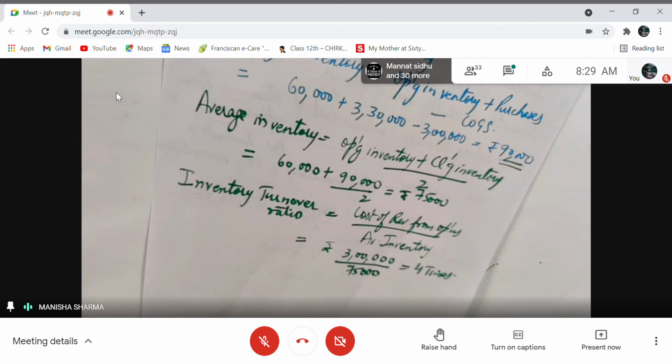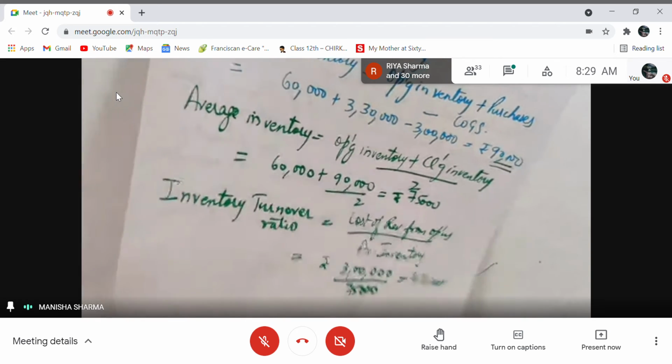Closing inventory was missing. So we found the value of closing inventory with the help of the formula of COGS. Everything was given except for closing inventory. And also, as I told you, direct expenses are mostly not given. Don't worry if direct expenses are not given. You can ignore direct expenses. Assume them to be nil, right? Now let's take up the next question.